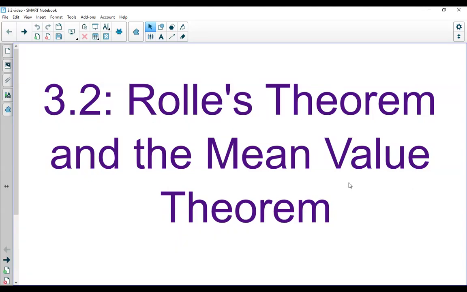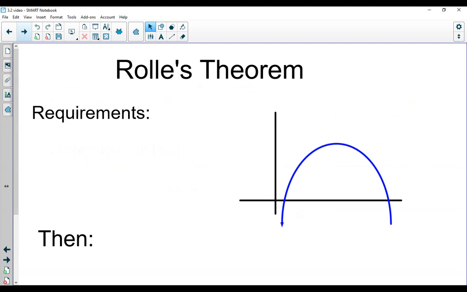So today we're going to take a look at section 3.2, which is Rolle's theorem and the mean value theorem. These are very similar, and I think that there are some visuals here that can really help. Starting with Rolle's theorem, there are some requirements that have to happen in order for Rolle's theorem to